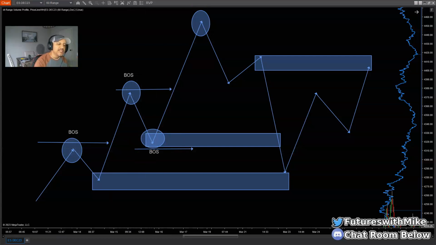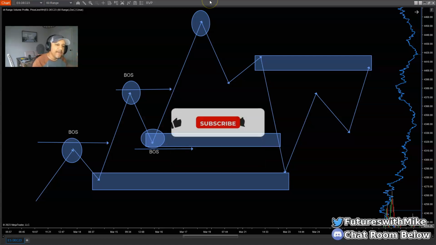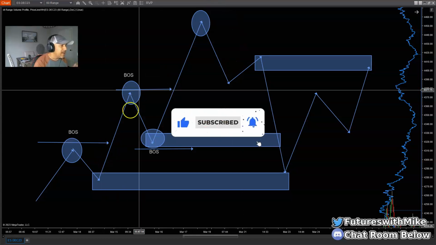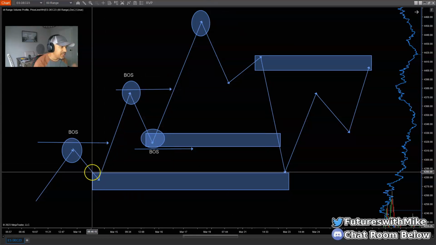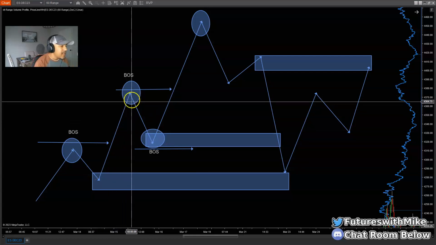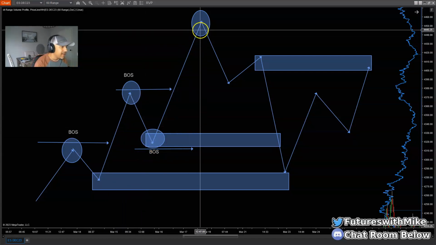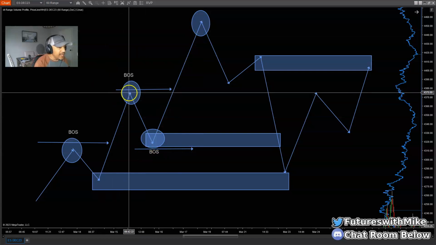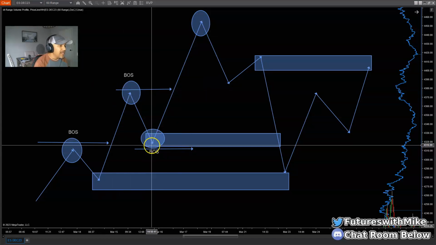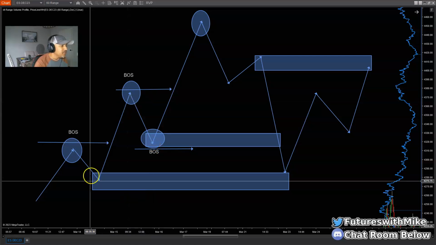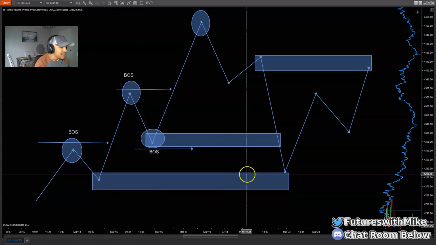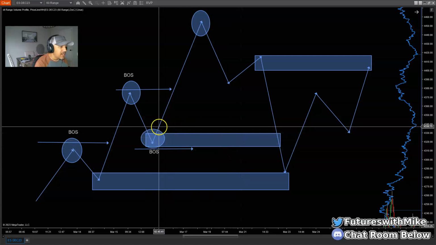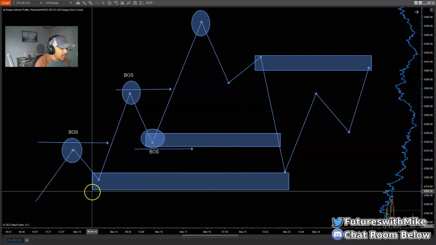So if you trade support and resistance, maybe you do that 5% of the time in your trading, then you can look for opportunities there as well. I tend to like to see and take my trades back at the origination point, which is where the demand started, okay? The market breaks higher, it pulls back, it breaks higher again. Break structure again, okay? So what we're looking for is for the market to pull back to key areas where these rectangle boxes are. These are our areas of demand, okay? Aggressive buying,